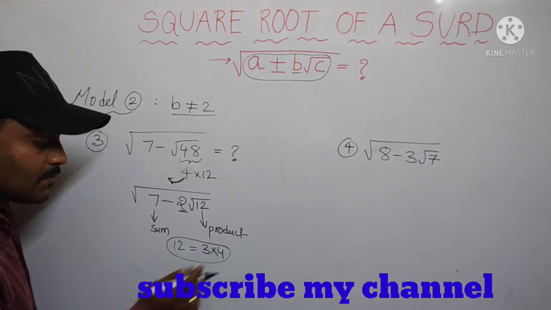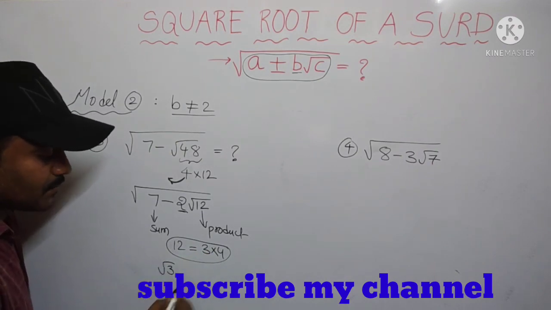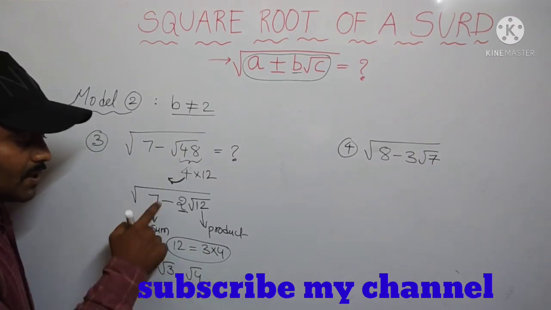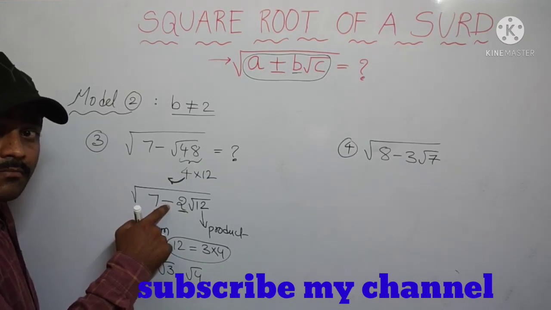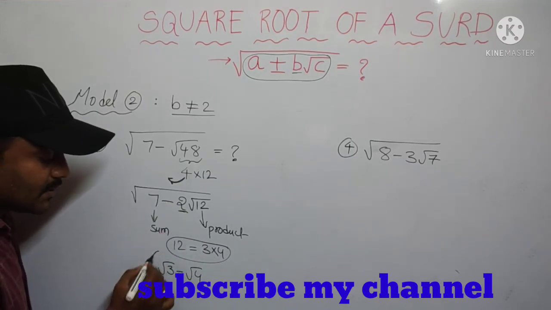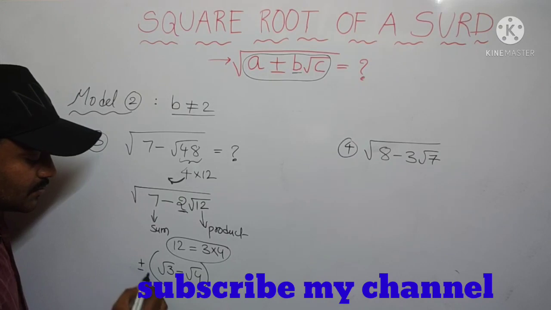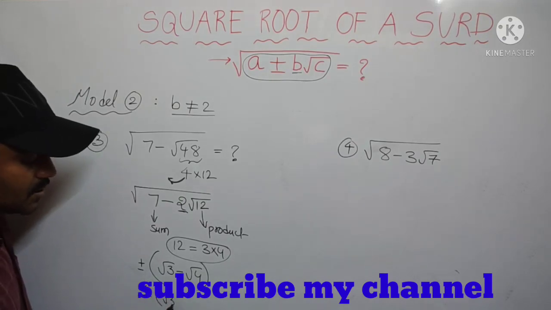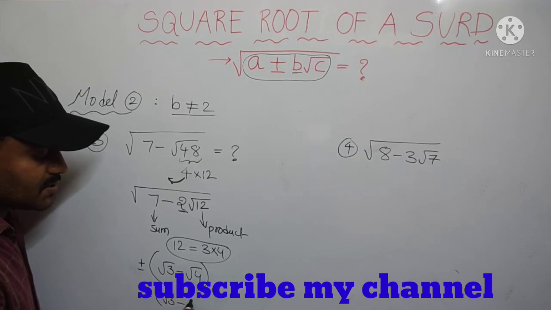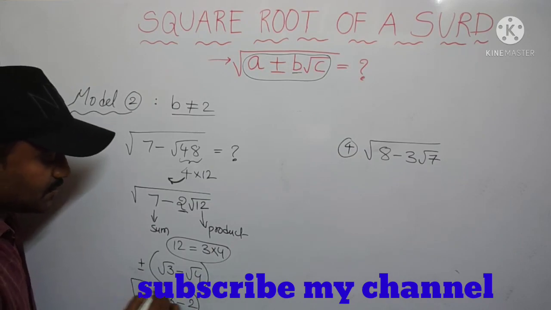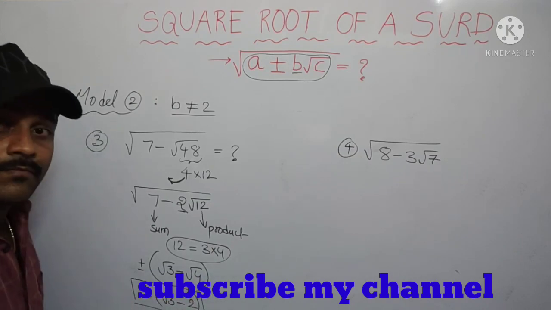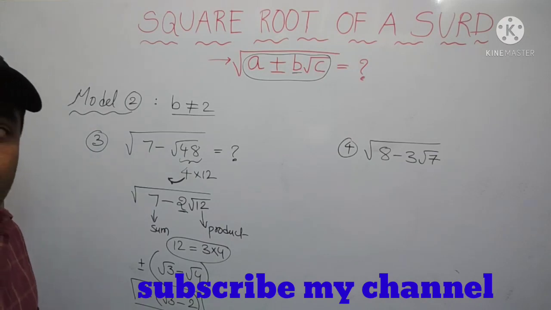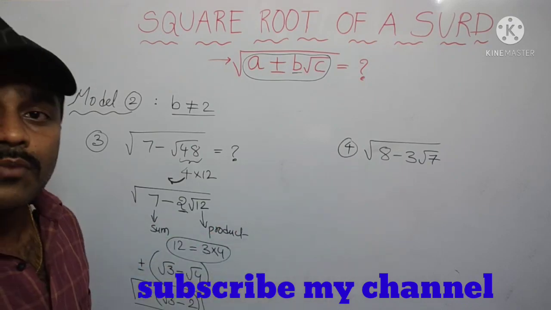So whenever you get 2 numbers, just apply square root. What sign do we have inside? Minus we have. So as usual minus will come, and put plus or minus also. So the answer will be plus or minus root 3 minus, we can simplify this one, we will get 2. So this is the answer for the third problem: plus or minus root 3 minus 2. So hope you understand this one. Now come to problem 4.